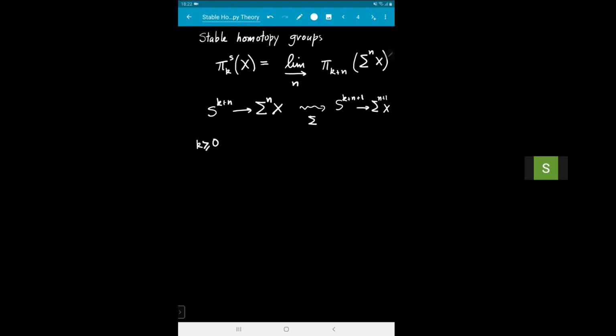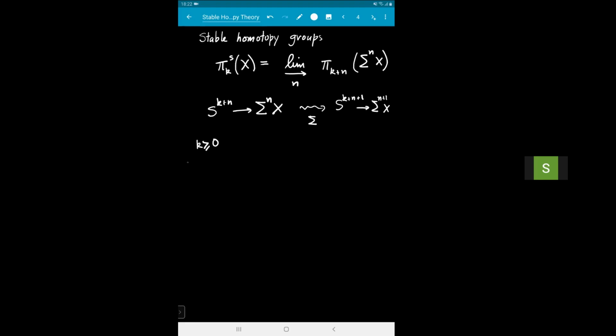Actually it even makes sense if k is less than 0, but in this case if x is a space it's going to be just 0 if k is less than 0. So this is defined for k bigger than or equal to 0, and if you apply this Freudenthal suspension theorem, you